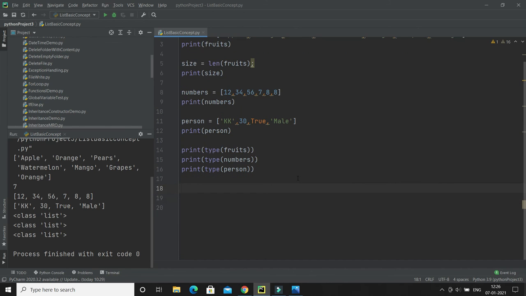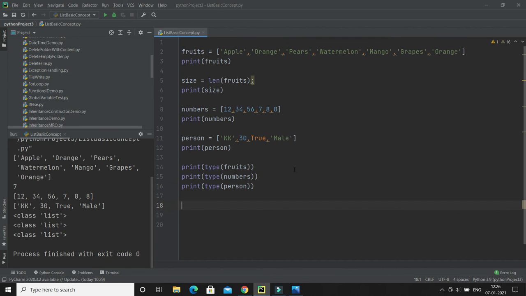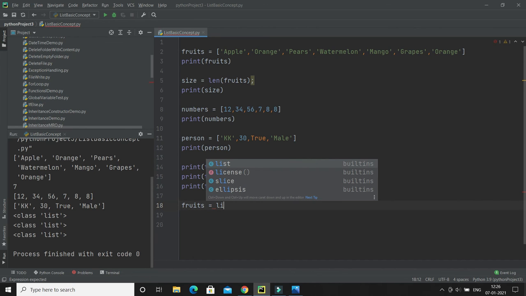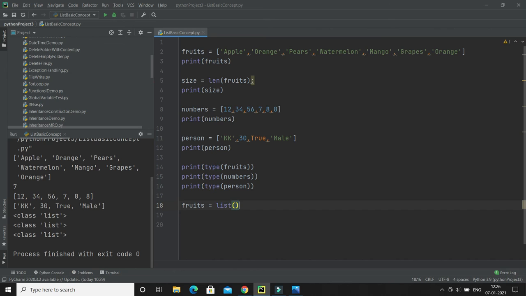Here again I'm going to create a list with fruits. And here what you have to do is use the list constructor, which looks something like this, and here you need to assign a tuple. Let's say I would like to create a list with these three fruits. Inside the constructor you have to give the round brackets, and inside the round brackets you can have one or many elements or items, and that's it. We have created the list.